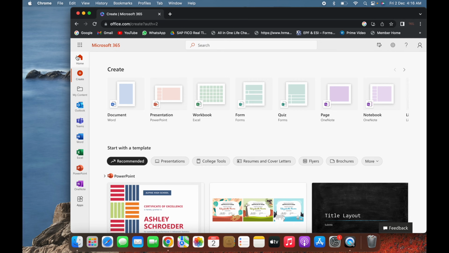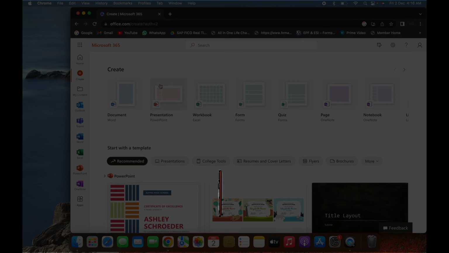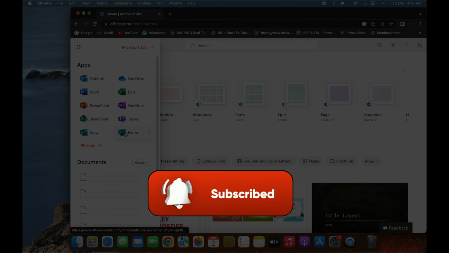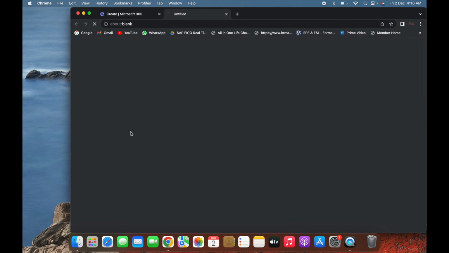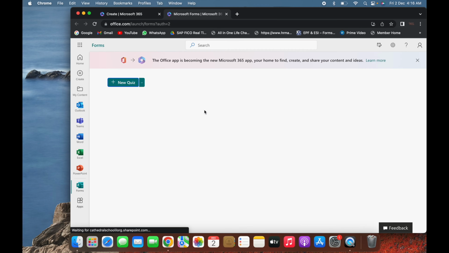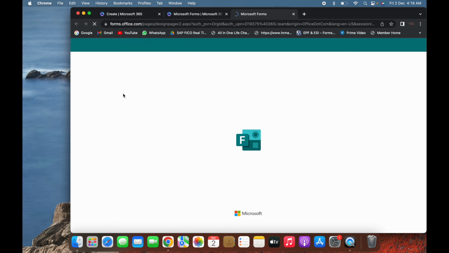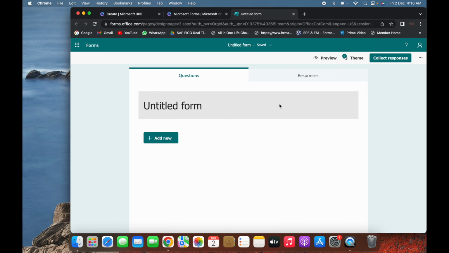We cannot see Forms at the left corner, so let's click on the app launcher, and there you go, you can find Forms. Thereafter just click on the down arrow and click on New Form. Here you can customize your form.